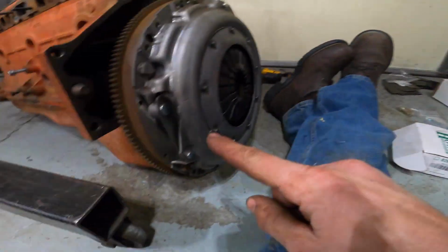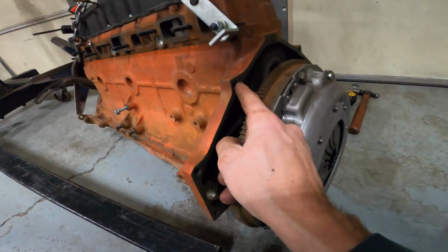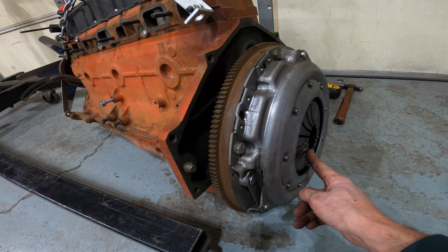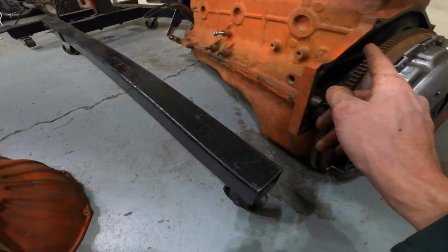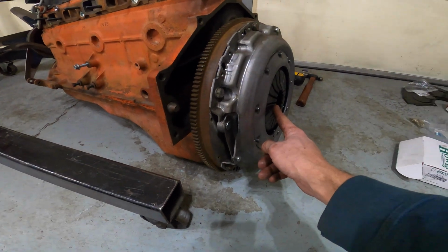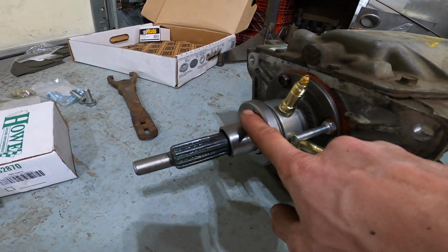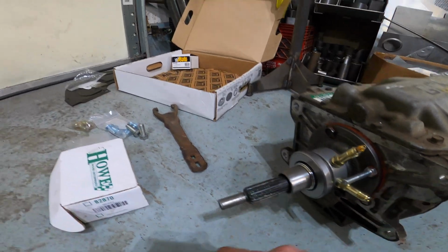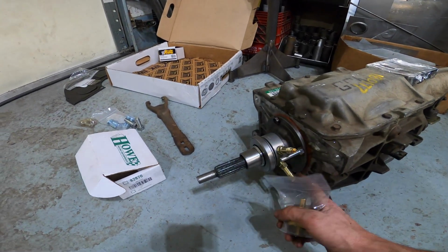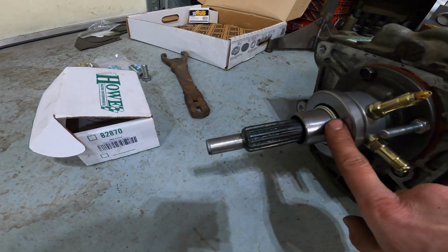So to get this to work with the setup I have, I have to take a few measurements. What I need to do is measure from the mounting surface of the transmission to these fingers, or bolt the bell housing on and measure from the face of the bell housing with my adapter plate to the fingers. Then I need to compare that to the measurement of the mounting surface of the transmission to the face of the throwout bearing, and I need to use that information to figure out how many shims I need to put behind the hydraulic throwout bearing to space it so that between these fingers on the clutch and the throwout bearing surface there's a